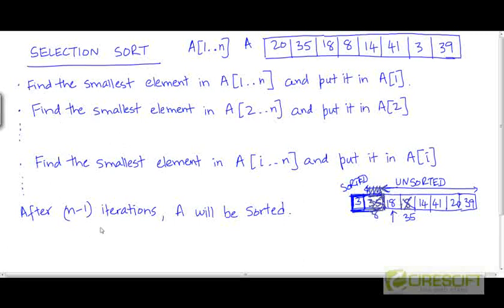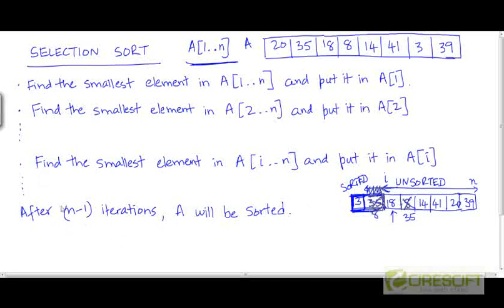We go on repeating this step. In the ith iteration, what we will do is we will find the smallest element. Basically in the ith iteration, our unsorted portion begins from index I and it goes up to the end of the array, assuming that the input array has a length of n. We're going to determine the minimum element in A of I to n, which is the unsorted portion over here. And we're going to take the minimum element and put it in A of I. So if we repeat this n minus 1 times,